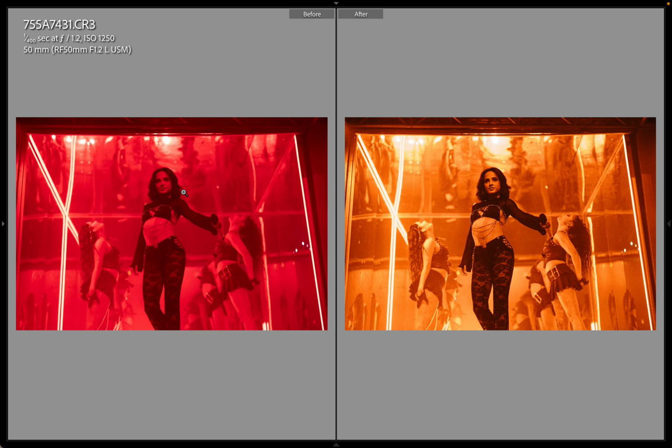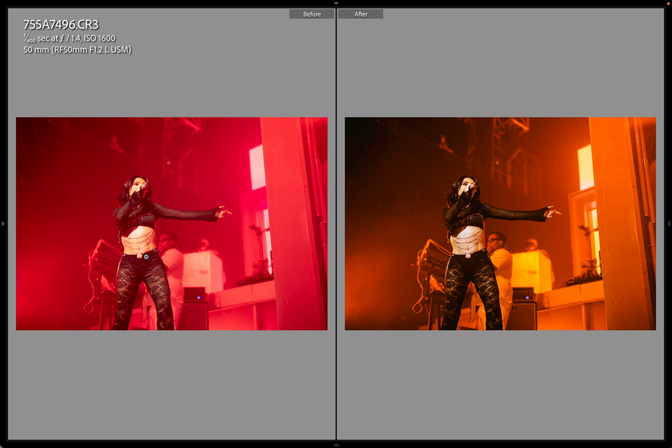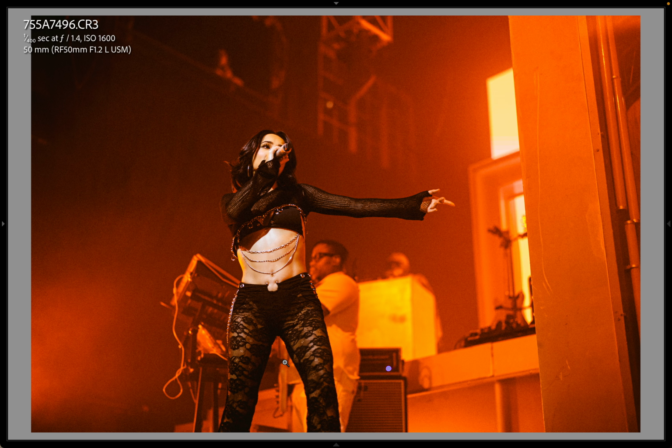This one was the one that I did try to save. You could tell it's not as hazy. It's just mostly red cast. And I tried to make it match that golden amber color of the rest of the photos. I think it's a good frame. Here's another one where you can see the rest of the set still that harsh red, but the spotlight on her makes it a really good frame.